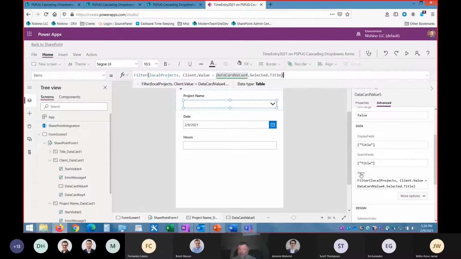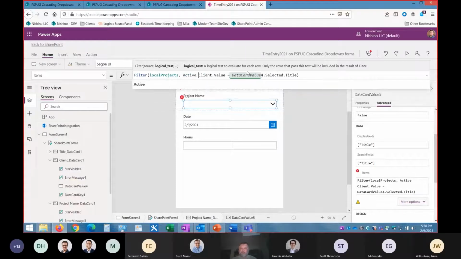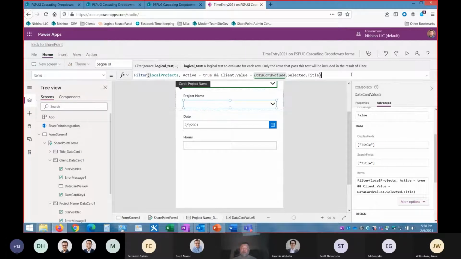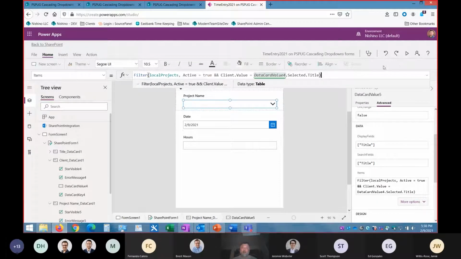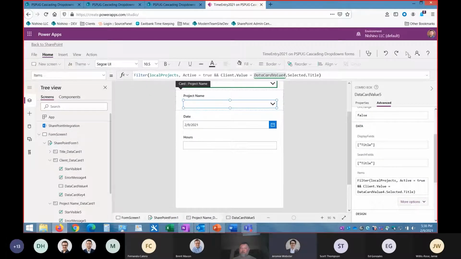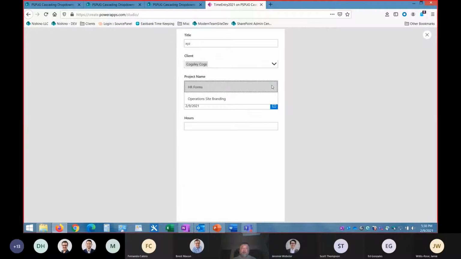Forgot to put in the part of the filter. We can do a double filter, so I can filter on both active equals true and my other filter for getting the cascade. And so now if I look at who has an inactive, so Cogsley Cogs has an inactive project of facilities form. So if this all works correctly, then when I hit Cogsley Cogs,